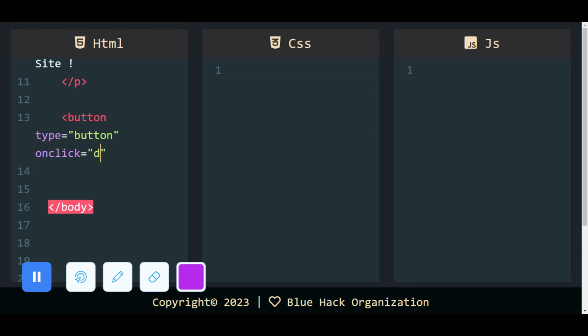So we are going to say document dot getElementById. So the same thing we will call the class, the name of the ID rather. So don't forget that it's